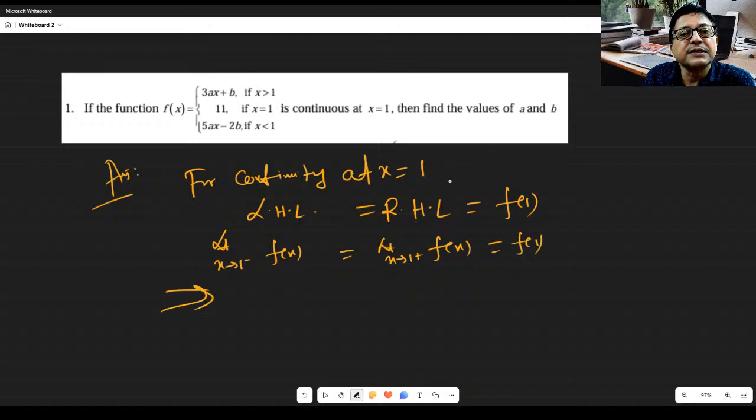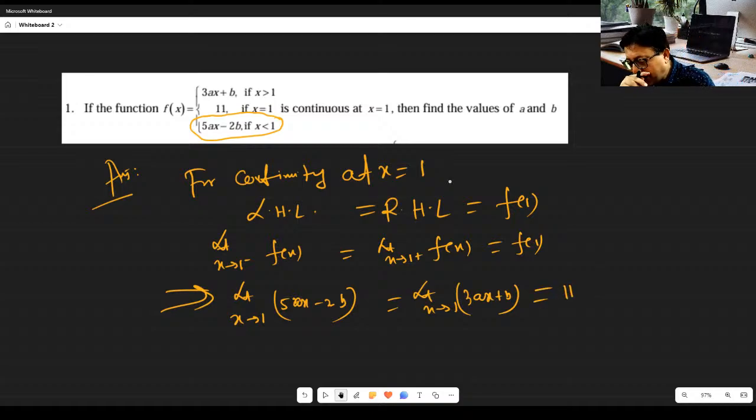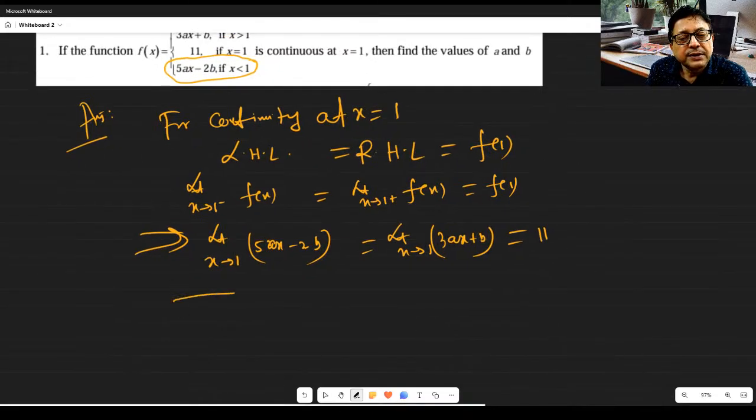So let us write this. Tending to 1 minus is this part, 5ax minus 2b. So by using the concept of limit, if you are putting the value, then 1 minus you need not write again, because you are putting the value here, and limit x tending to 1, this is 3ax plus b, and f(1) is 11. Okay,